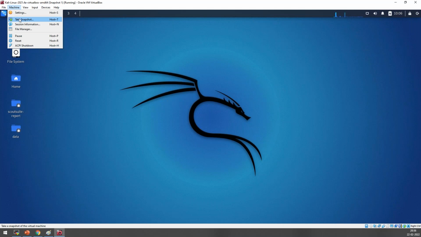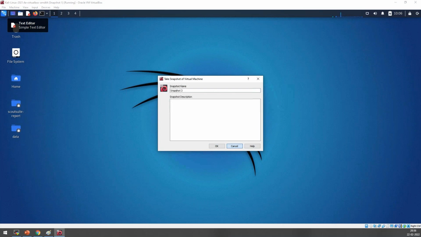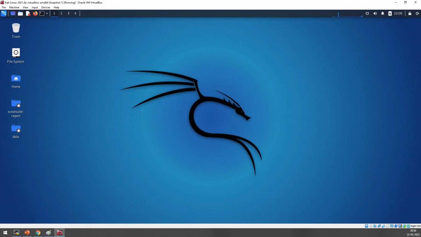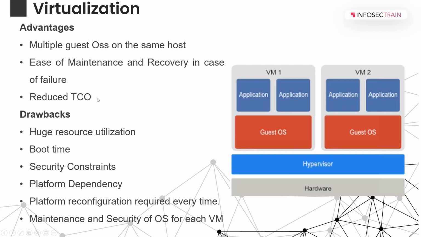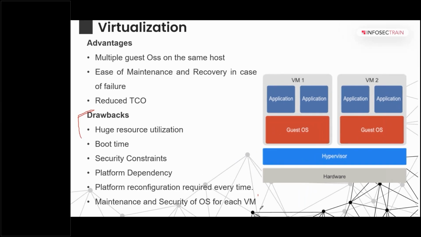So next time, if something goes wrong, you can always go back to the previous version. For example, I am currently running this VM and some issue happened. All I have to do is go to the snapshot settings and restore from the snapshot. I can go back to the previous state of my VM. Like this I can do a lot of things. Anyway, VMs are a very good thing for the industry, but these are the key challenges we have as a developer, or when you work in an enterprise.